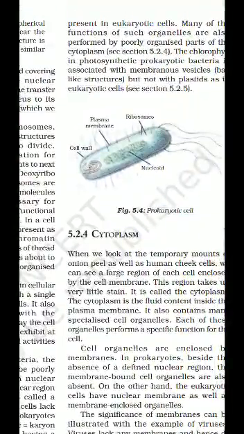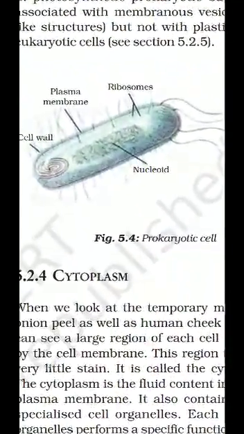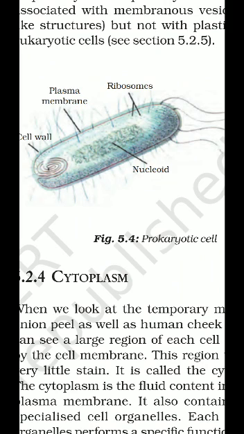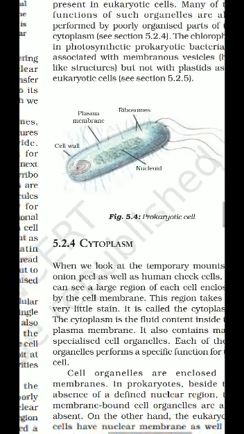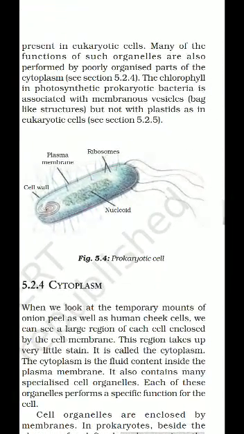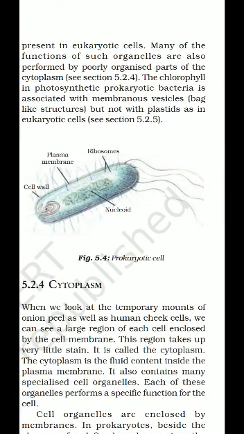Children, here we have a clear diagram of a prokaryotic cell. Here you can clearly see that they have a cell wall and plasma membrane, but the nucleus, nuclear membrane and nuclear plasma are not there. They have only a group of material which is called the nucleoid. In the case of eukaryotes, they have a well-defined nucleus with a nuclear membrane.